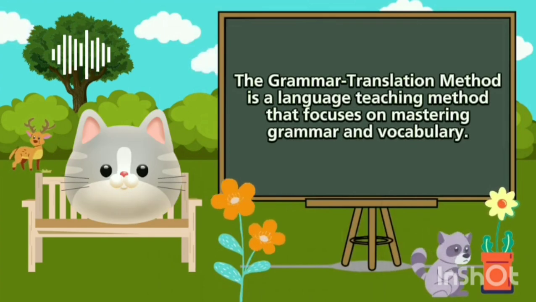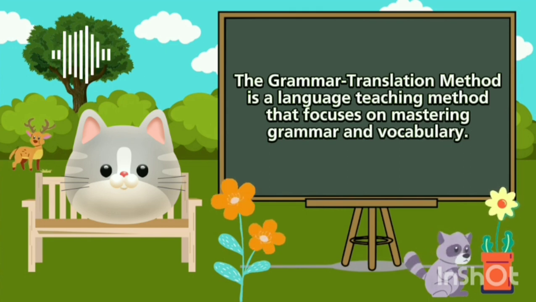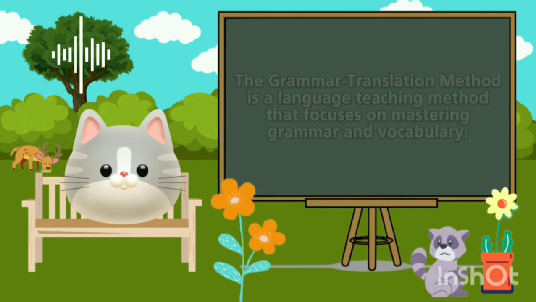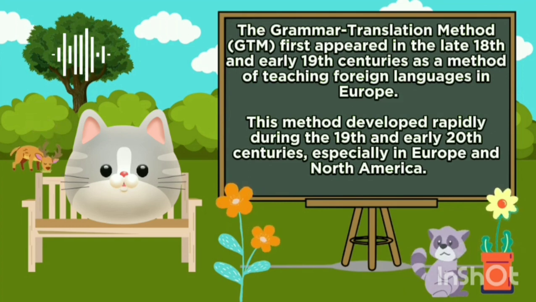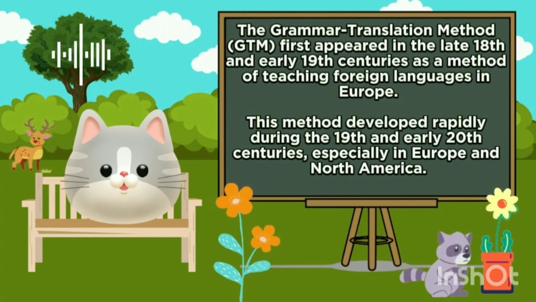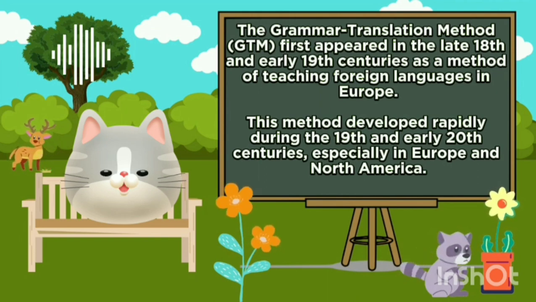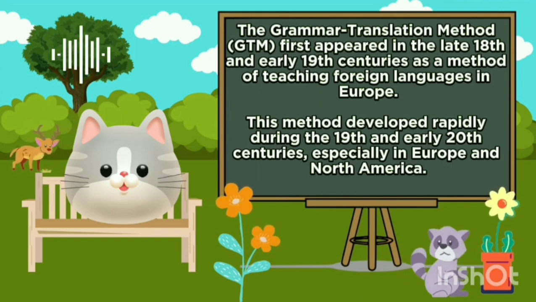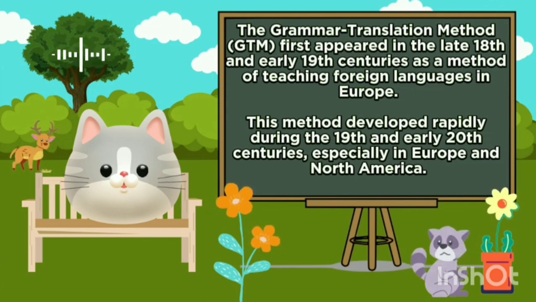The grammar translation method is a language teaching method that focuses on mastering grammar and vocabulary. The grammar translation method, GTM, first appeared in the late 18th and early 19th centuries as a method of teaching foreign languages in Europe. This method developed rapidly during the 19th and early 20th centuries, especially in Europe and North